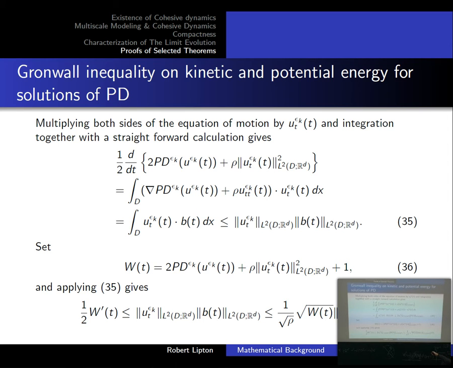And we observe what this is. This is nothing but the time derivative of this. Okay, so that's all you do. Okay, and now we're off to the races. We just use the Cauchy-Schwarz inequality here on these two guys. Then we identify W of t being this object here. Okay, so we get that the time derivative of W of t, given by that term there, is less than or equal